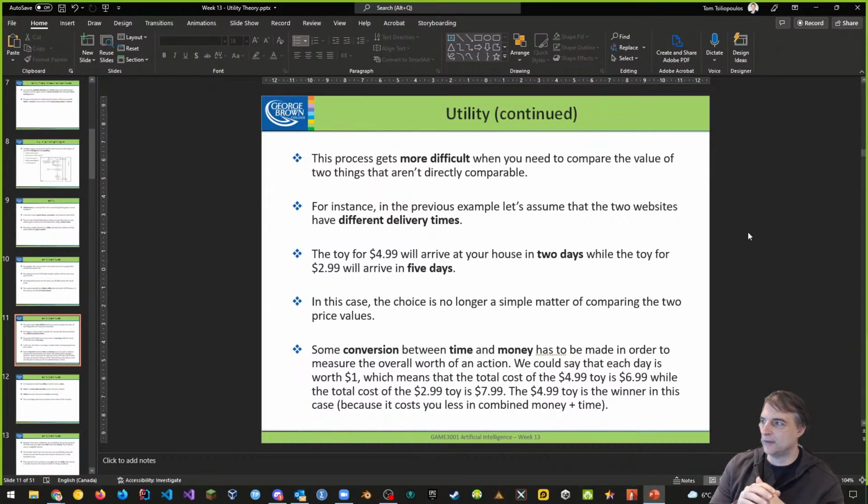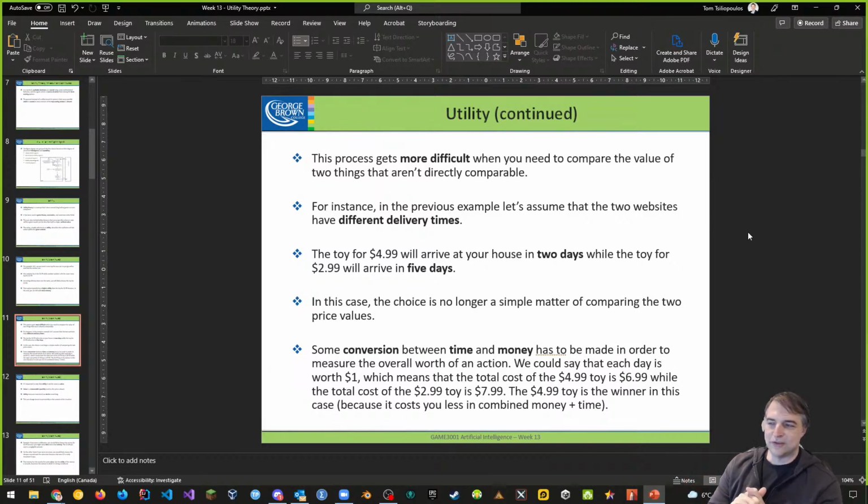An example of this: let's say we have the same idea, but we have 2 different websites that give 2 different delivery times now. The toy for $4.99 will arrive at your house in 2 days. So you have Amazon Prime or whatever, it's going to arrive in 2 days. Somehow it's going to happen nowadays. And the toy for $2.99 will arrive in 5 days, it's not Prime, on Amazon as an example,